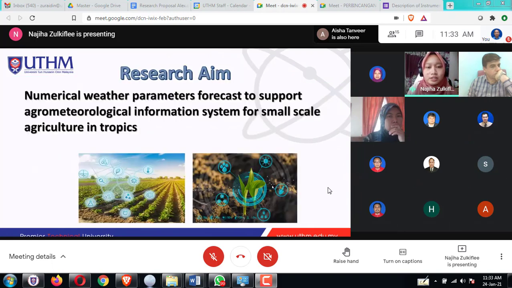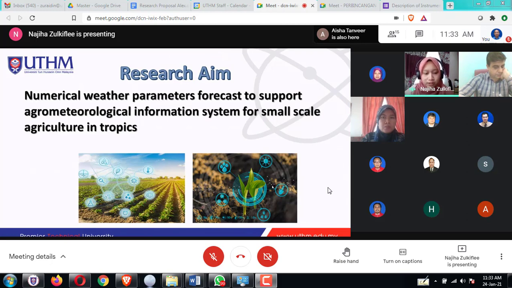Next is the research aim. The research aim here is numerical weather parameter forecast to support agrometeorological information system for small-scale agriculture in tropics. Numerical weather parameter forecast here is meant by a method that enables quantitative calculation of time variation